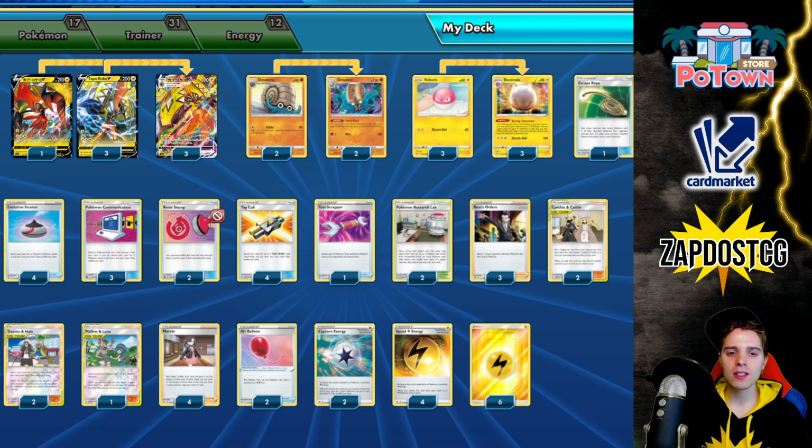So what else can we see in this list is that we run 2 different Tapu Koko V. We have the Tapu Koko V from Sword and Shield, which is able to slap a flat 200 with its attack, which is not too shabby. It also comes back with free retreat, which is very, very awesome. And its first attack is able to draw you 2 cards while slapping 20 damage, which is actually not too bad. So I prefer that Tapu Koko V over the new one, but we do have a new